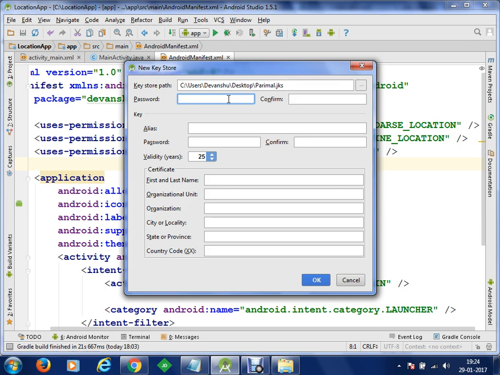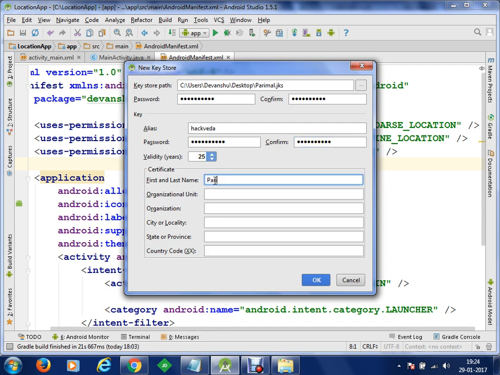So in order to ensure that, we have a password available; you can set a password on your JKS file. I have set a simple password like ABCDE12345. I want to put an alias name. The alias name could be the name of your company or your organization. So I have just given another name, and the name of the company is Acqueda. I have set the same password, ABCDE12345. Okay. Now the signature will be valid for a minimum of 25 years.